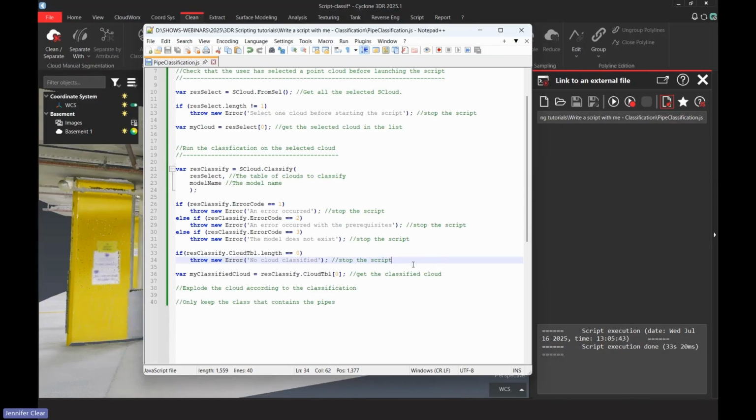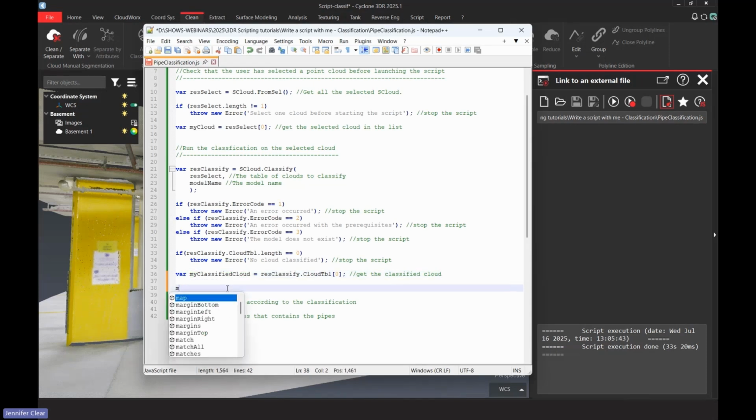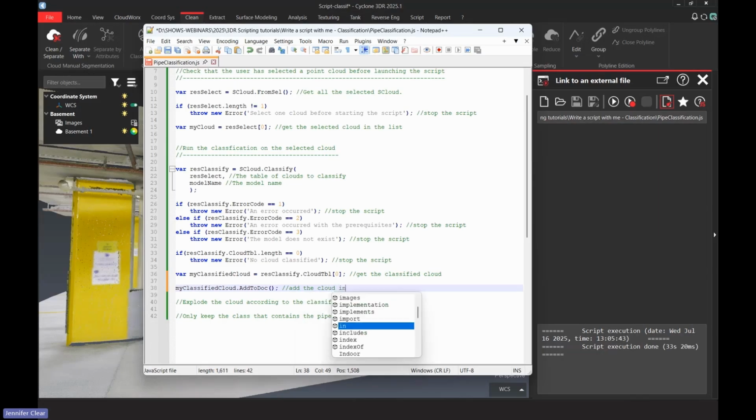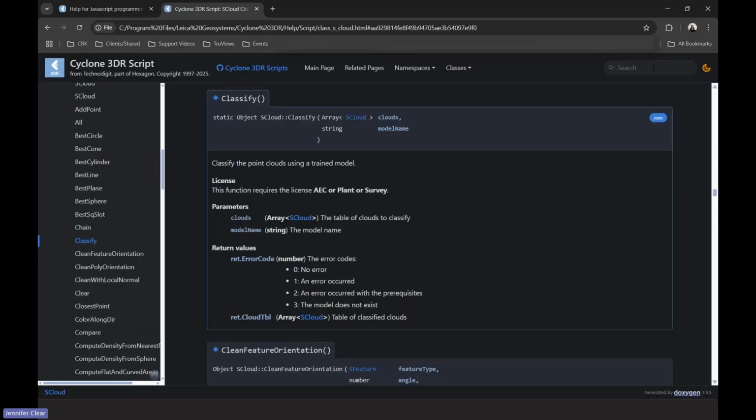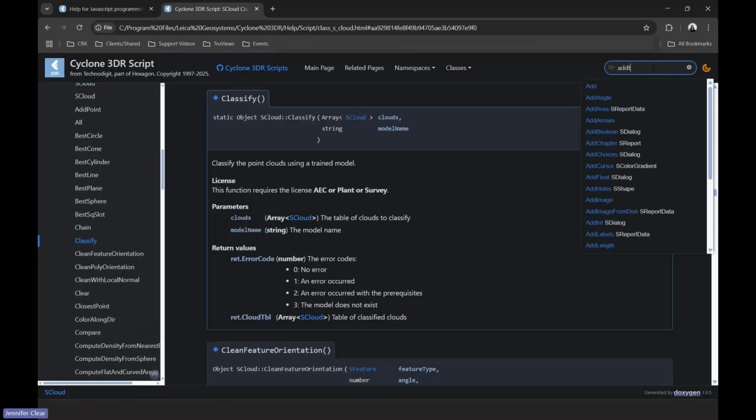So what I can do here, and I'll show you how to do that. How do we add this cloud into the document? There's one function for that. My classified cloud dot add to doc. This is the function to use to add the cloud in the 3DR document. So you find this add to doc, I'll just search for it, in